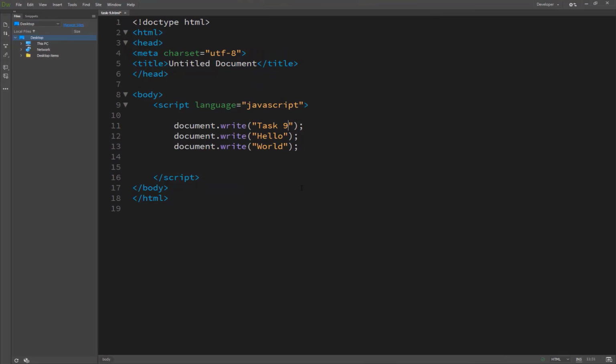And now we are starting task 9, writing output to the browser. One of the most practical aspects of JavaScript is the ability to output text and HTML into the browser output stream from within your script.